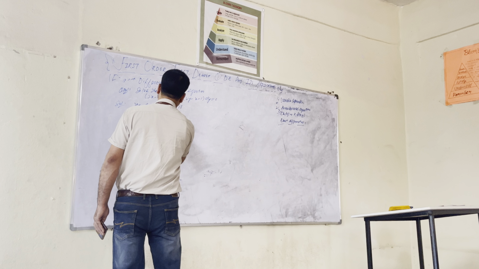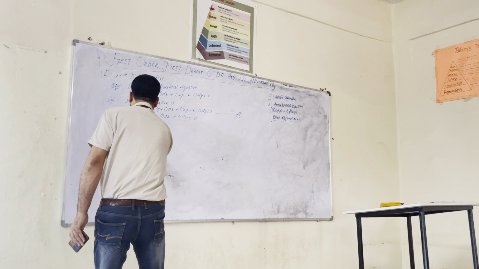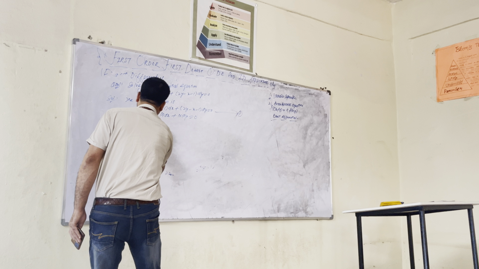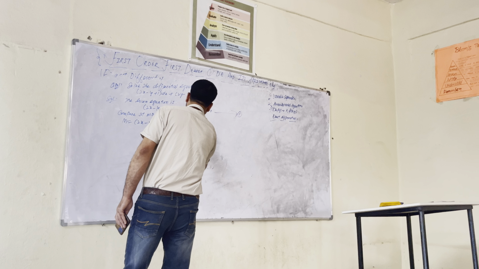Now compare it with m dx plus n dy is equal to 0. Dear students, we have to find m and we have to find n. That means m is equal to 2x minus y plus 1 and n is equal to 2y minus x minus 1. Here clearly you can say that with the dx it is m, so m is this, and with the dy it is n, so this part is n, and that is what I have done.